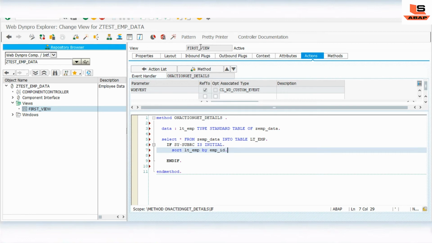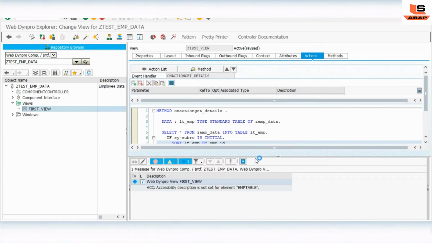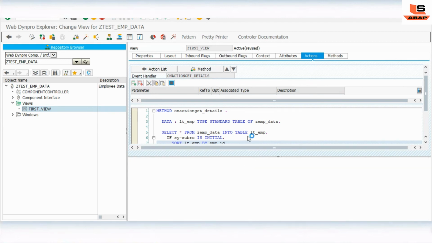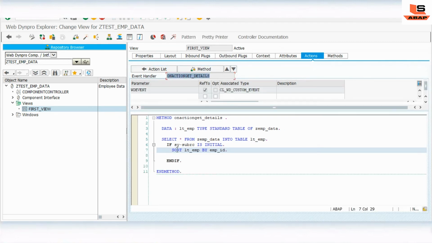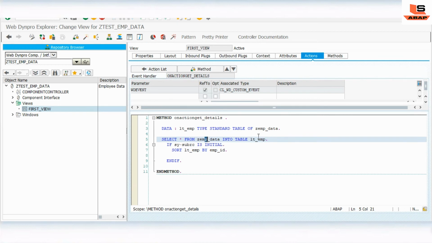Just click on the pretty printer, check and activate. So now, for this button get detail, we have written the logic to extract the data from the employee table into the internal table.